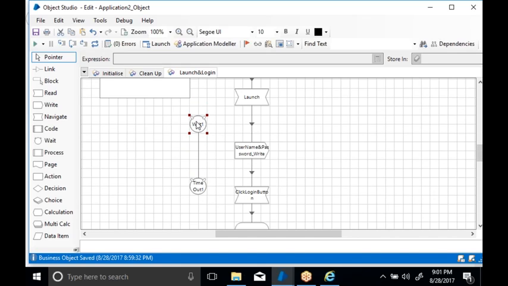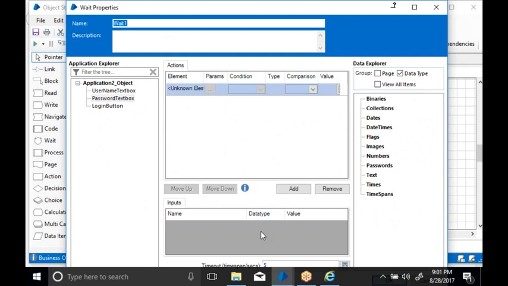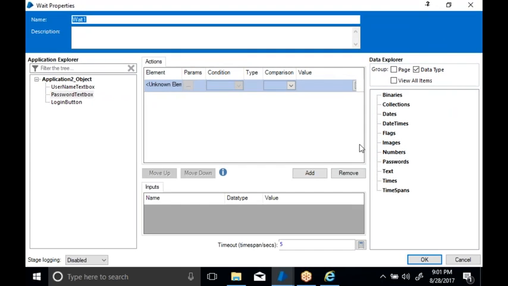If you double click on it, here you can see you have the timeout. Now when it comes to the wait, you will have two options. Wait is nothing but the delay. You are going to delay some time between the launch and writing the username and password.